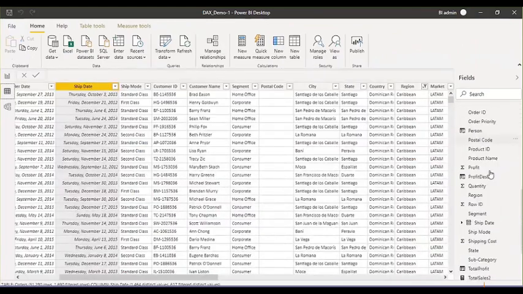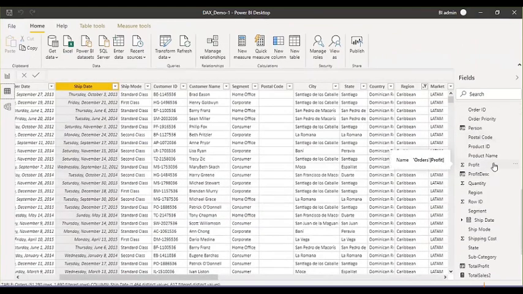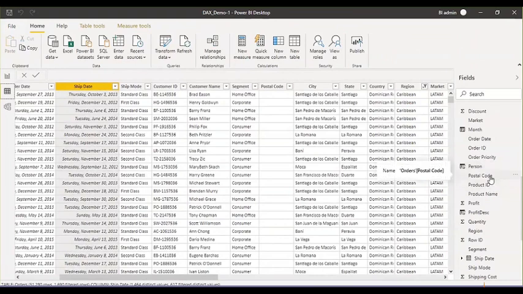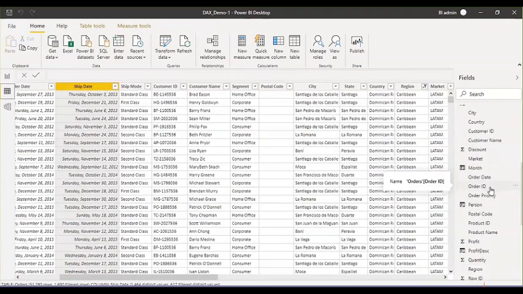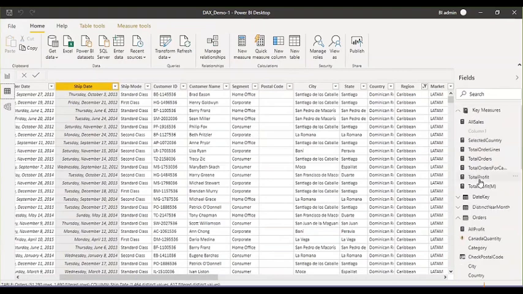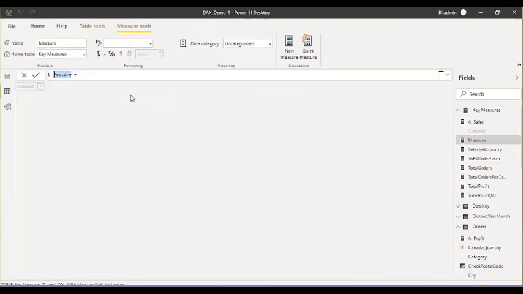In this table, I have the sales column. It seems I also have the discount column. So I want to calculate the net sales here. I'm not going to create multiple measures for it. I will just get it through one measure, meaning all the calculation I will do in one measure only. So let's create a measure. This is my net sales, right?